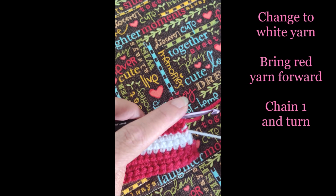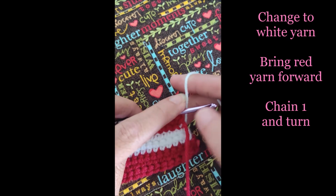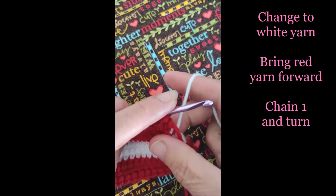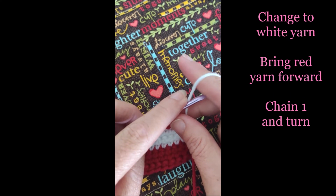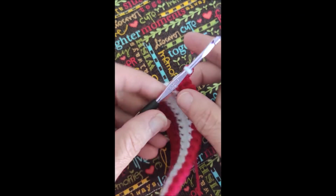Now when changing to the white yarn, we're going to bring the red yarn forward and we're going to yarn over with the white, and see, we dropped it here, so we're going to just pick it up and use it to make our chain. And we're going to chain one, and we're going to turn,